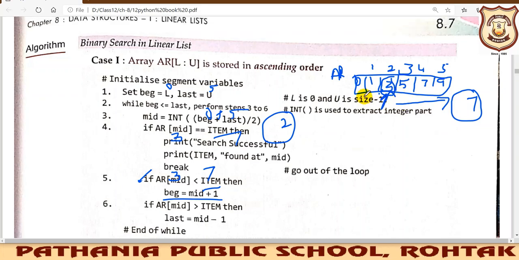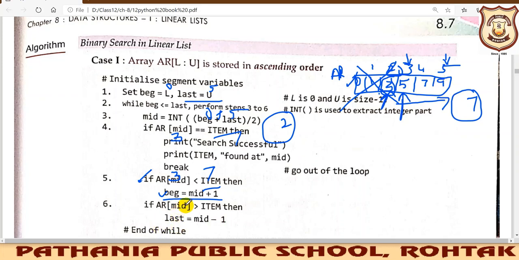Okay, so we are not supposed to use this part now. So we'll be starting with this. So this time my beginning will be mid plus 1. Mid was 2 and 2 plus 1 is 3. So I need to start my search from 3 and I have to go up to end. Last, you can see, is the upper bound. Okay, so when we were searching this, beginning remained the same but last I changed. But this time the beginning will change, last will remain the same.